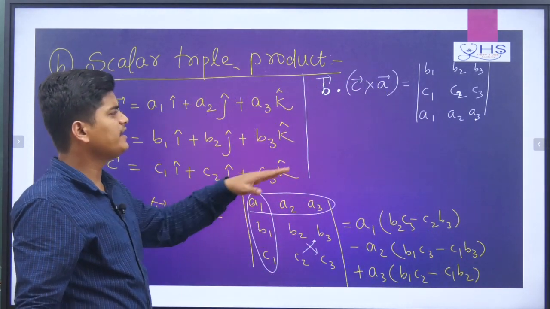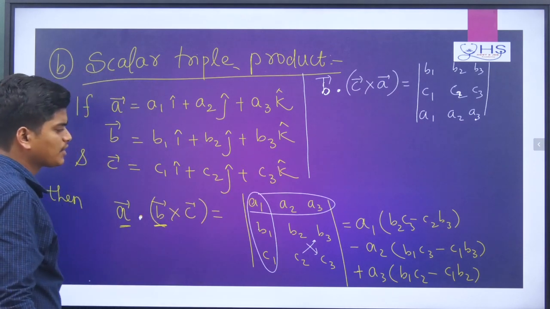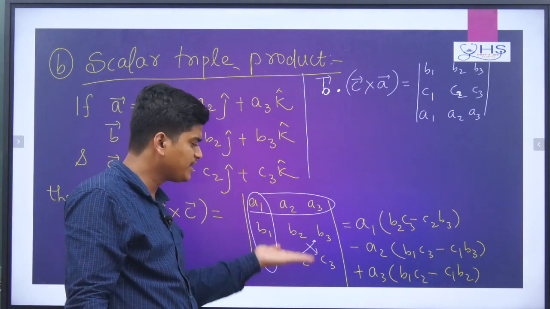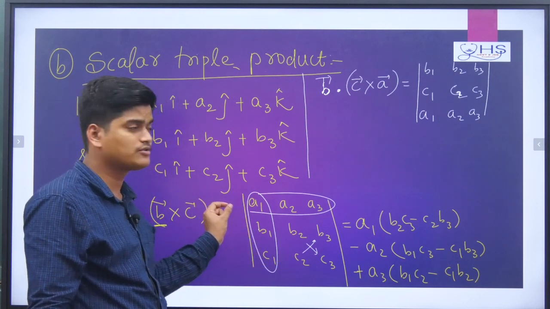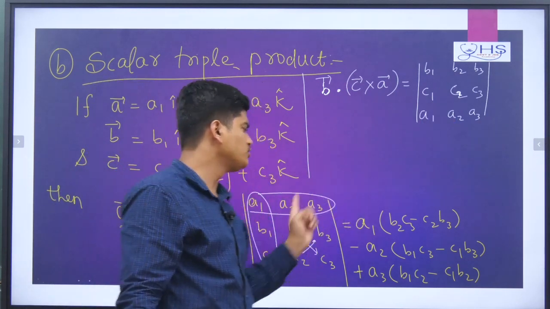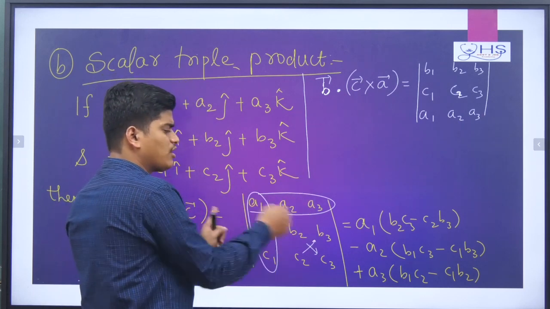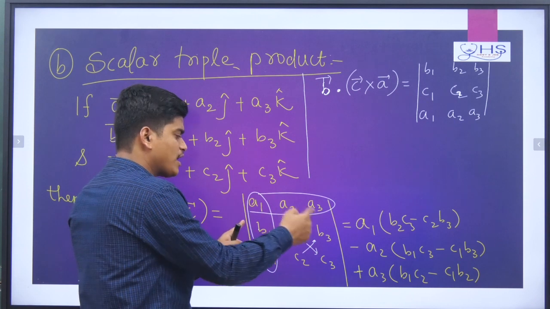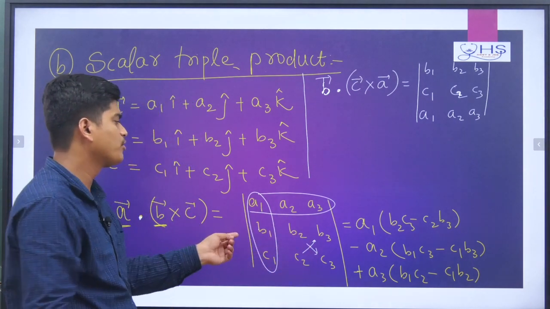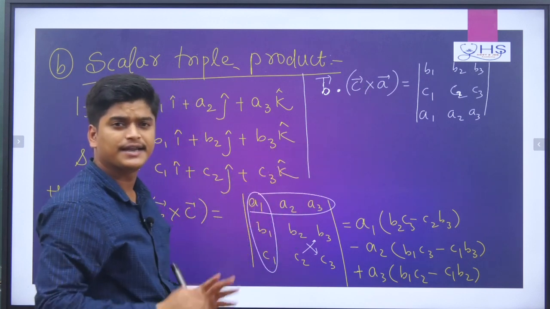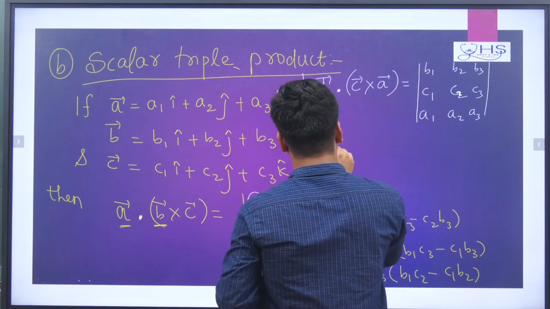Now similarly, if you want to find C dot A cross B, similarly we can write, and here is A1 A2. If you are shifting two rows, then what will happen? Two minuses will come, that will become plus, and this value will be equal. Remember the determinant properties. If you are shifting this whole row to here, one minus sign will come. Again shifting A1 A2, again one minus sign will come, minus will become plus, and this will become exactly equal. So I can write that this value and this value, the result is the same.